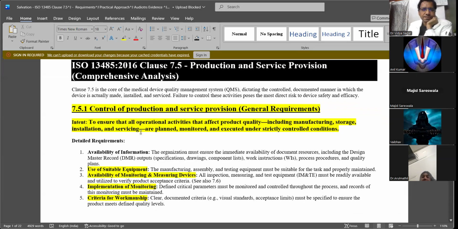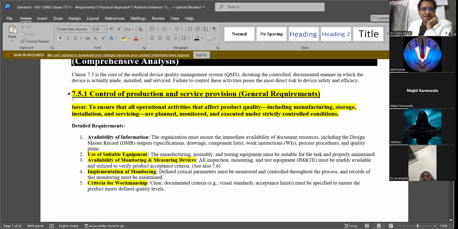So the first thing is 7.5.1, how much control you have on your production and service provisions. Because this is a general requirement. But while you are planning, it's very common sense. When you are planning production, it's not that one fine day morning you go and say, let's start production. Things won't go like that.